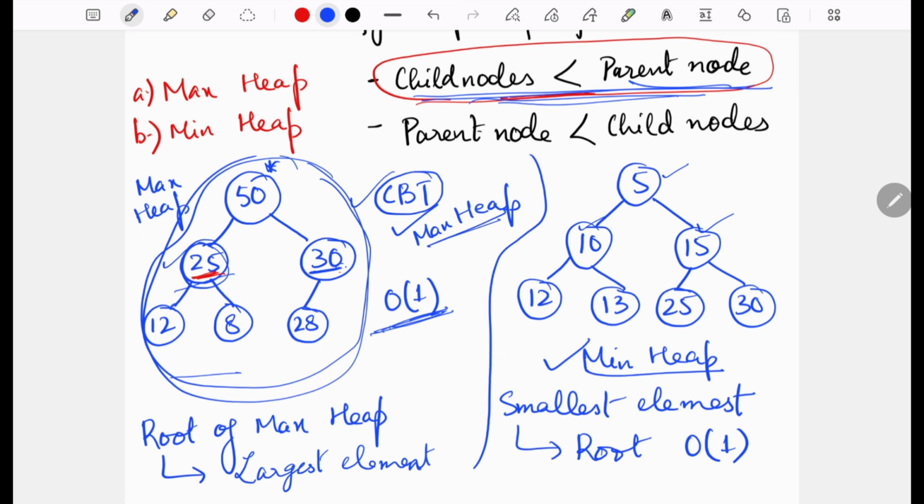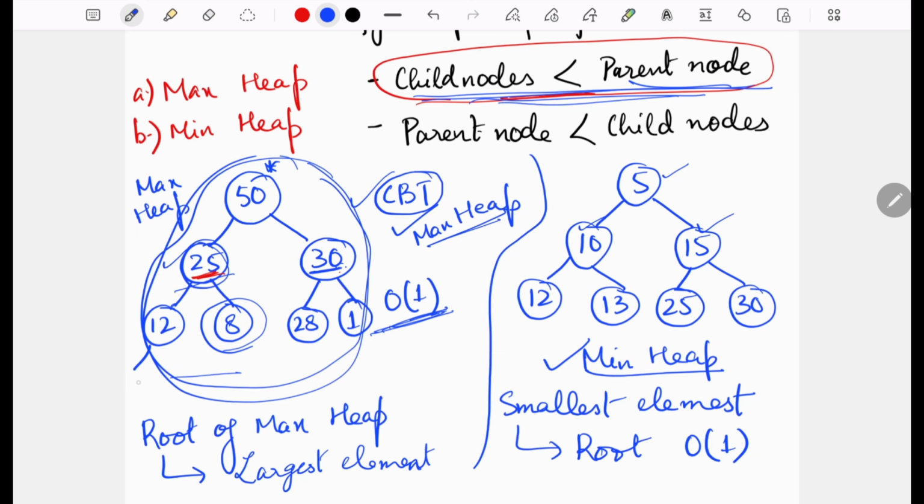Now if I ask you to find the smallest element, what will be the maximum time taken? What will be the big O time complexity? See, here the smallest element is 8. Similarly, I can have another smallest element here.